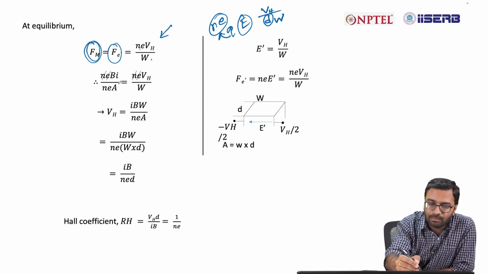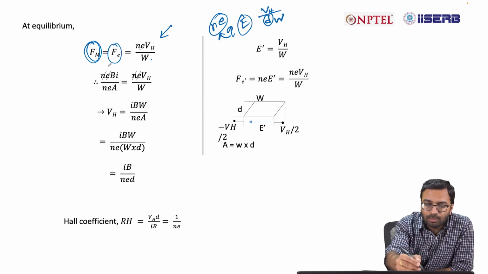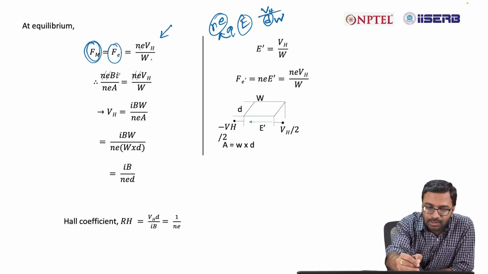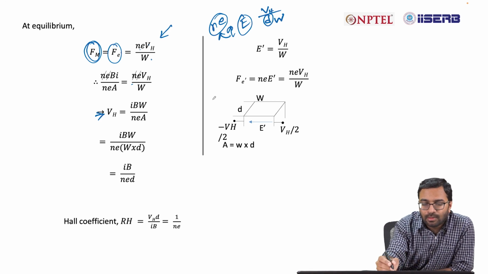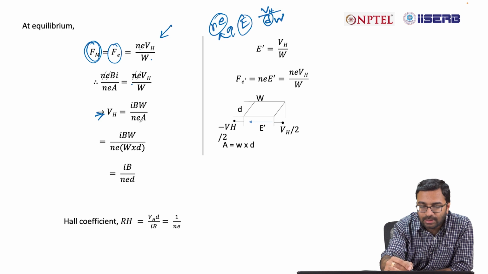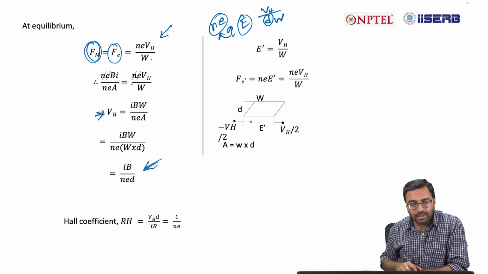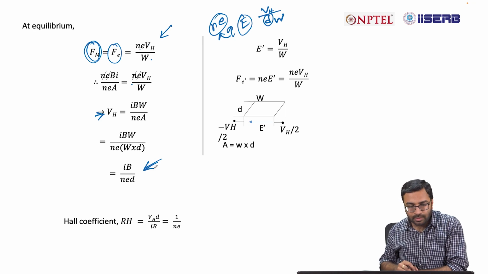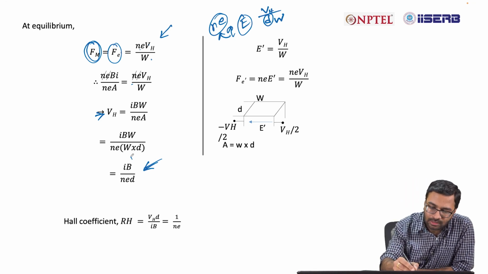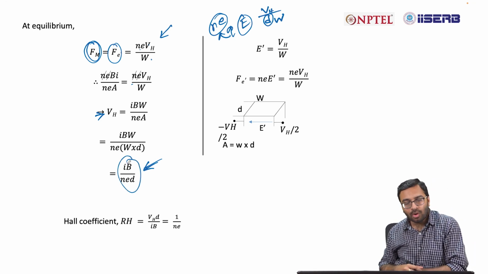The value of Fm we already have seen. Now put the value of Fm, Ne into B into I divided by NEA. Now if you do some arrangements, you will find the value of VH is I into B into W divided by NEA, which will finally reduce to I into B divided by NE into small d, right. So, this is the value of Hall voltage,